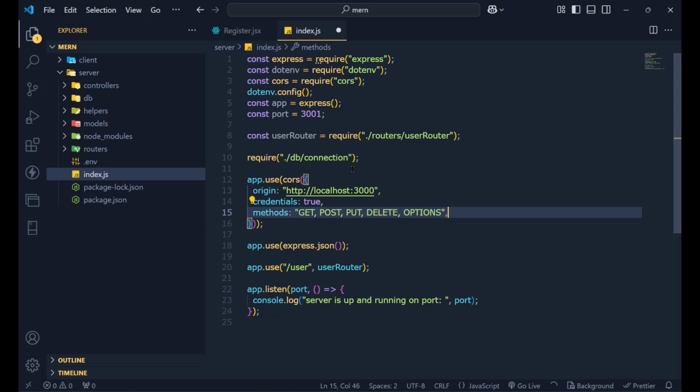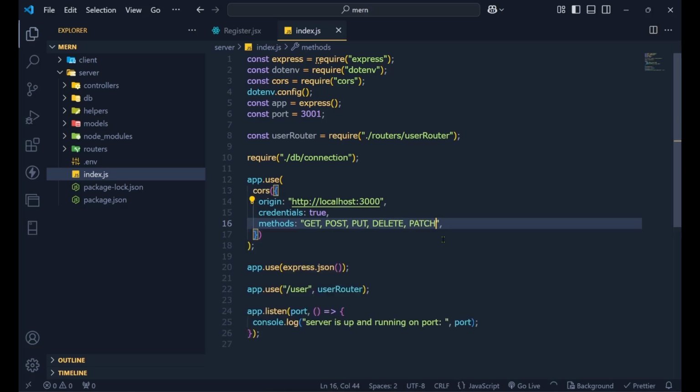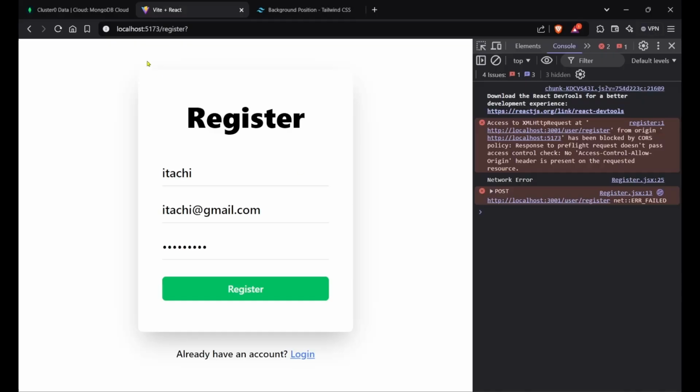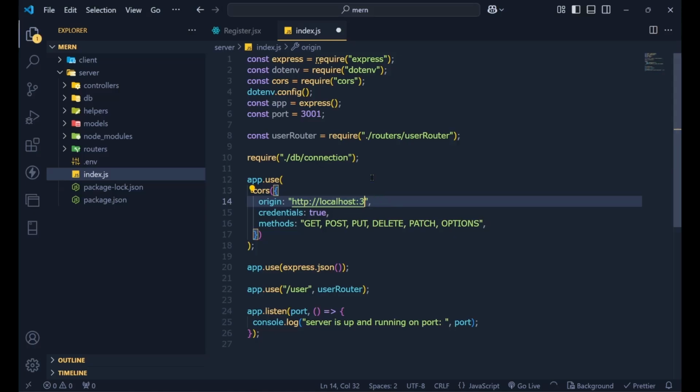It will accept get, post, put, and delete. So I'm giving it all of those, and let's also give it patch and options. And let's make the origin localhost 5173. If I hit save now,